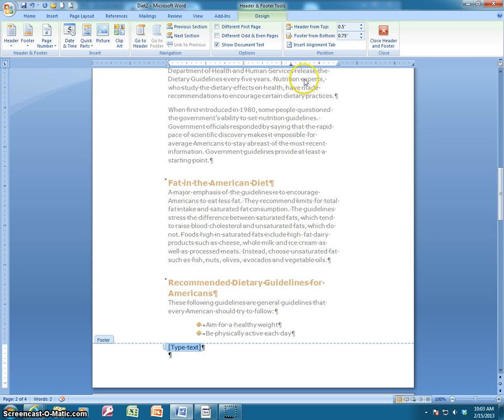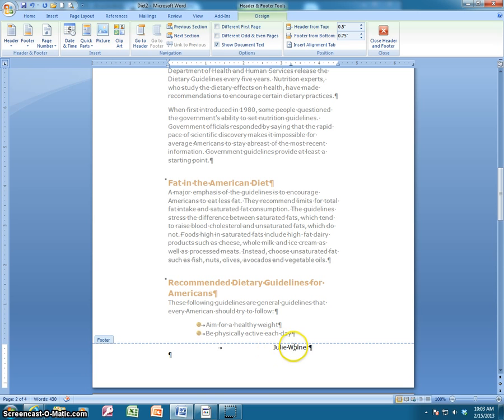you'll notice when we look at this that we have a center tab marker set up already as part of the footer, and what we're going to do is press the tab at this time. By the way, you have a type text option here that lets you know you're ready to put things in. As soon as I tab over, that goes away. I'm going to add my name here. We're going to say that for this particular project, your teacher has asked you to include your name as a